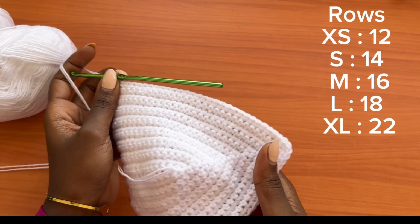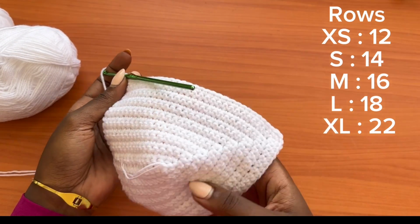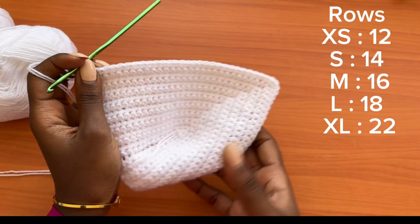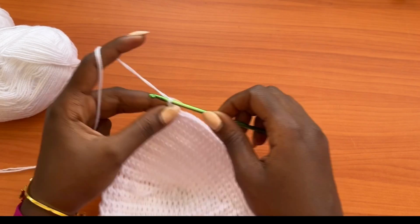Alright, so after getting your desired size for your bra cup, I did a total of 16 rows for the bra cup. So once you get the size that you want without the edging, we are now going to start making the edging. So you're going to make a chain of 4,